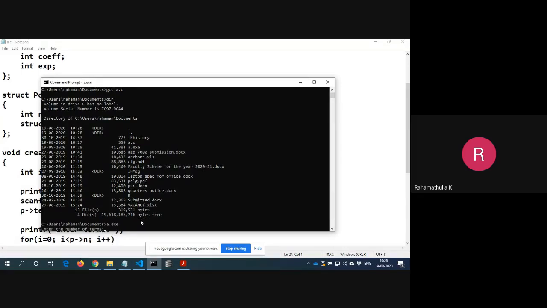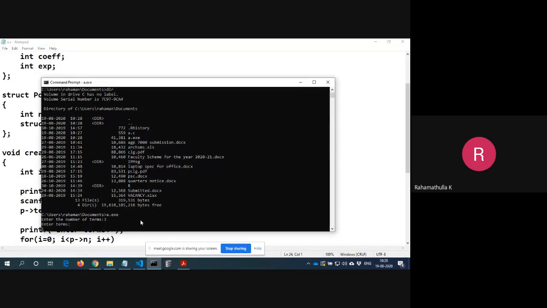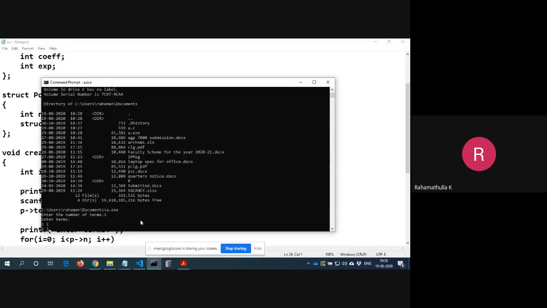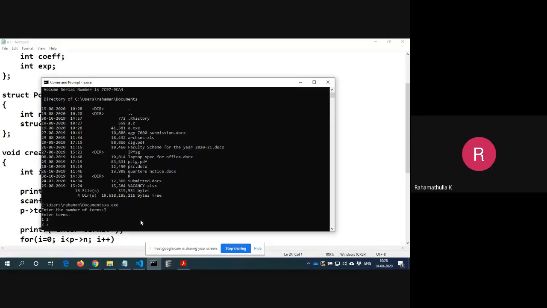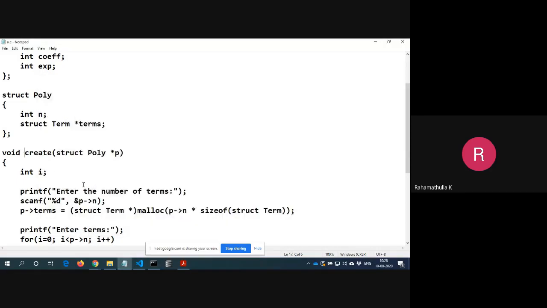You will get an a.exe file. In that, you type the number of terms, 3. Enter the terms 1, 2, 2, 3, 1, 1, 3. So that's it. It is reading only how many terms? i equal to 0, i less than p dot n.